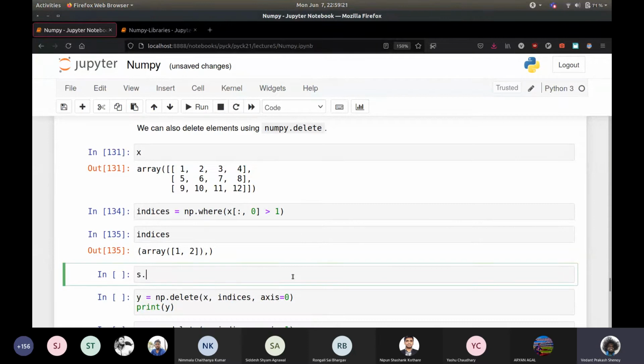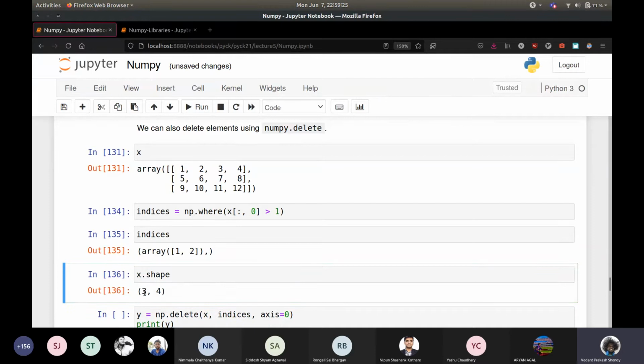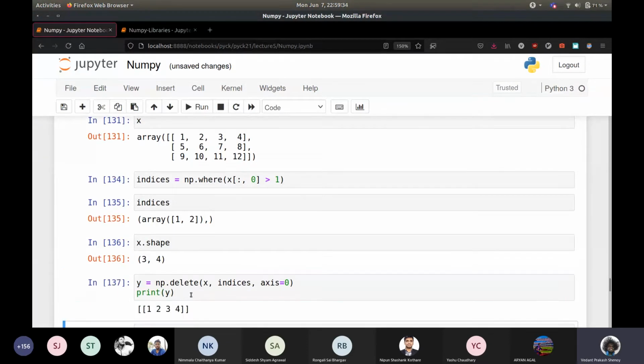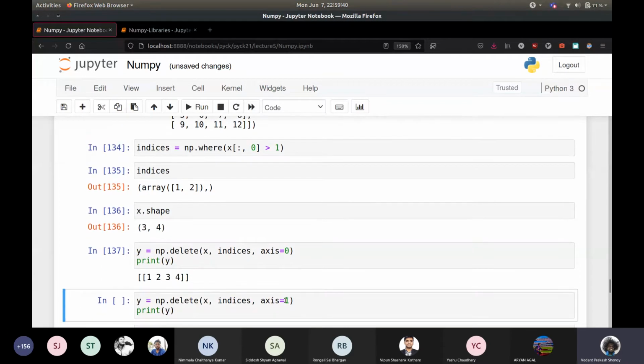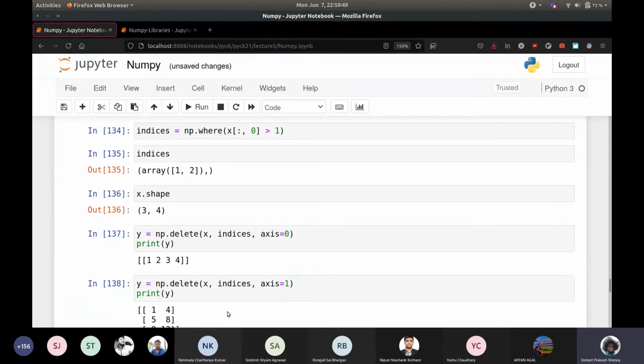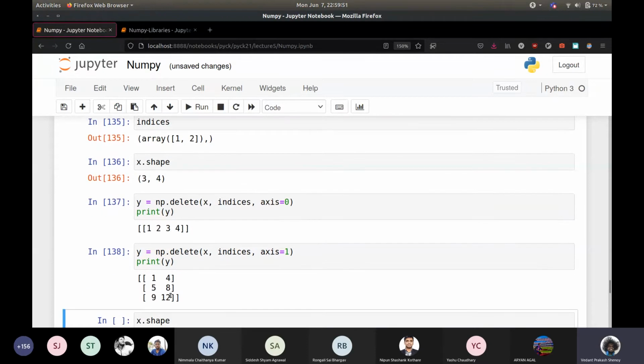Okay, now if you tell numpy I want you to delete from x these indices along this axis, so axis equals 0, remember, x.shape, axis equals 0 is this 3, so it's the number of rows, so it will delete the last 2 rows of this numpy array and return everything else. So it will return the first row. But you can also say I want you to delete it along axis 1, which means that it will delete the middle 2 columns, and what you will get here will be 1, 5, 9, 4, 8, 12.